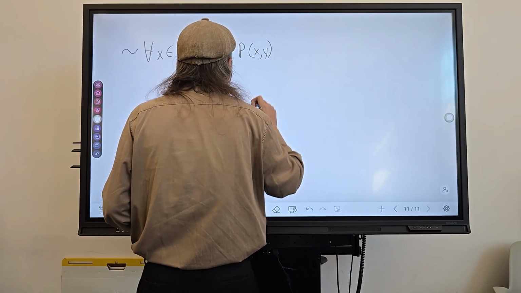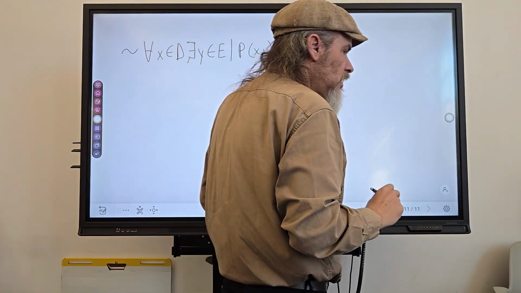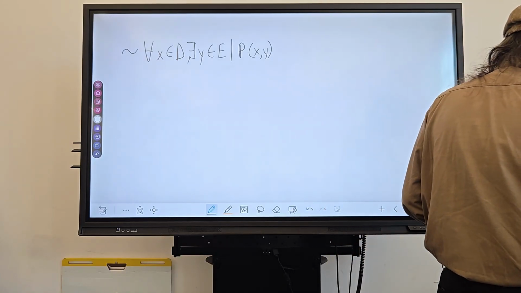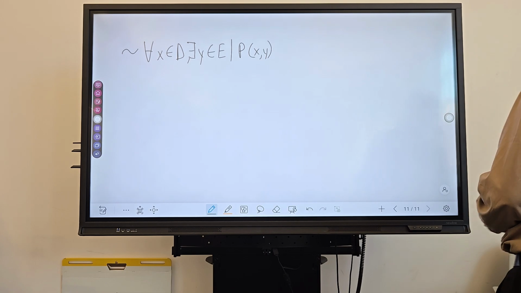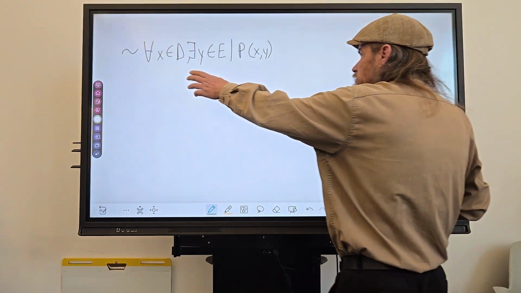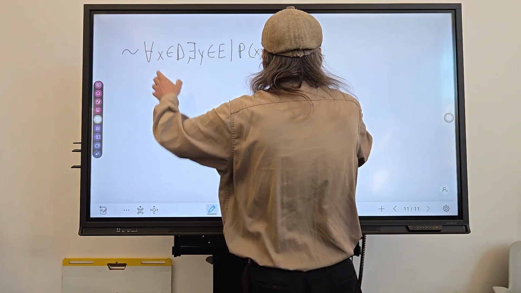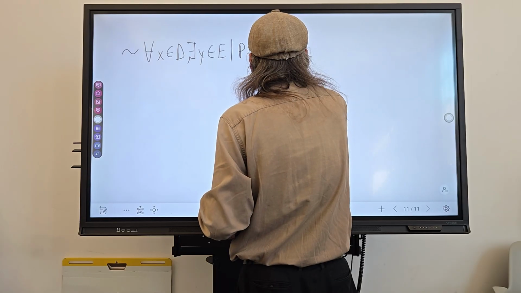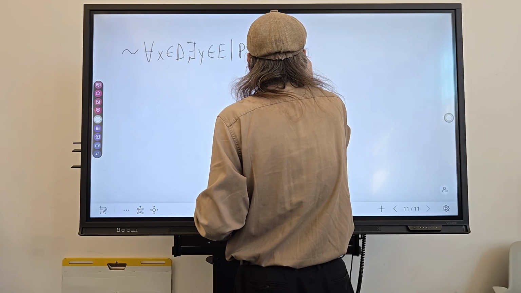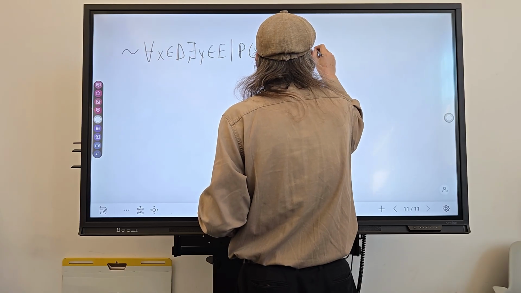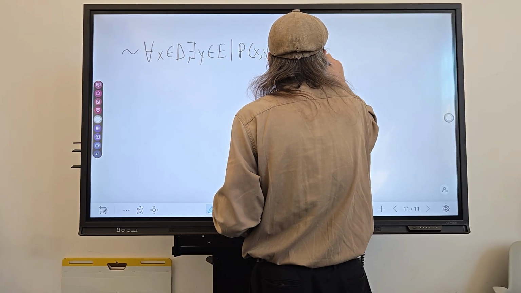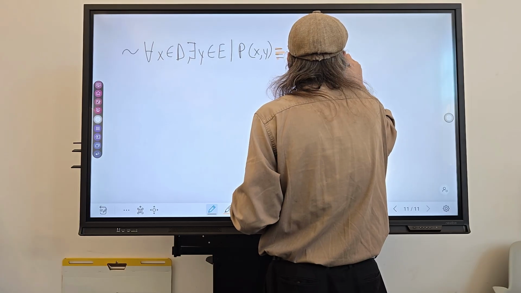The negation of that, you would start with the first quantifier. So it'd be there exists an x in D such that